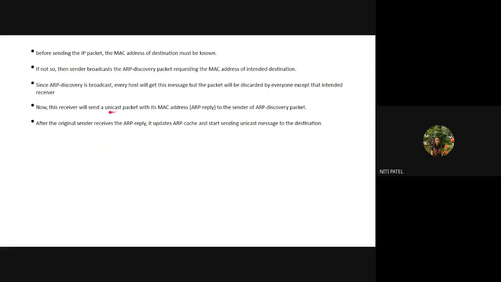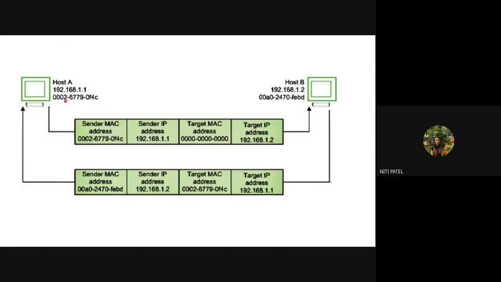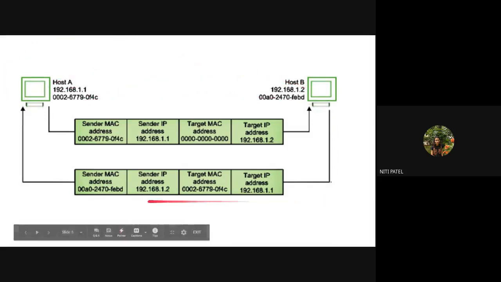Now, did you read something called a unicast packet? From A to B, it was broadcast, and everyone was receiving it. But from B to A, it will not be multicast or broadcast, it will be unicast. Unicast means B now knows who the sender is and who asked for the data. So it will not send to all the other machines, but only to the one machine which is the intended sender, the communicating machine. To whichever is the communicating machine, only to that machine will the message go. It will not go to any other machines.